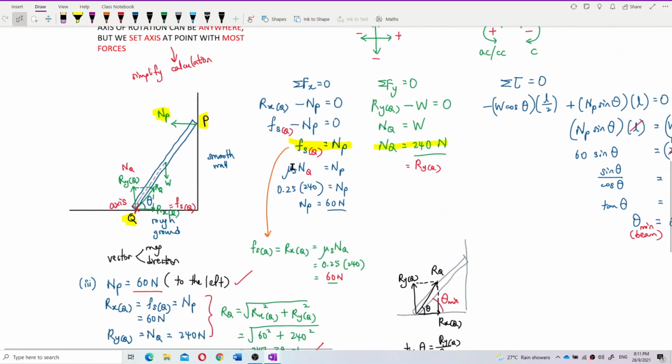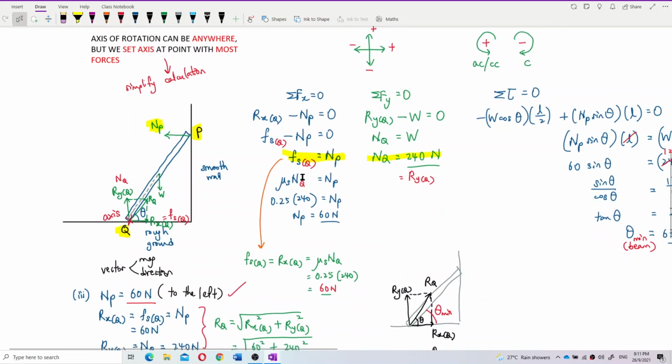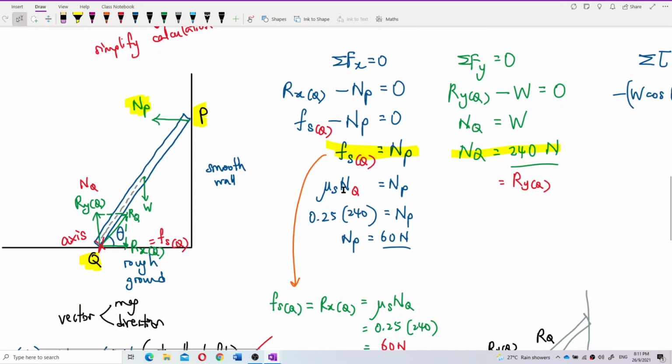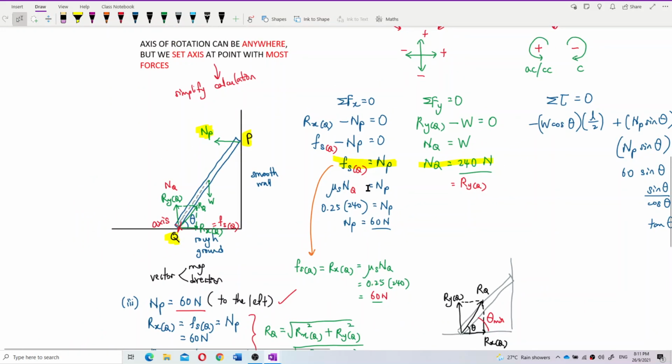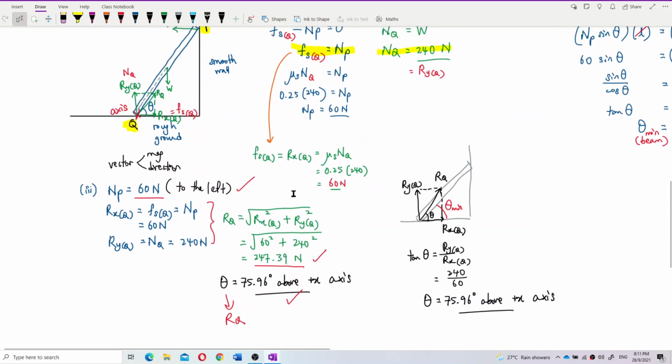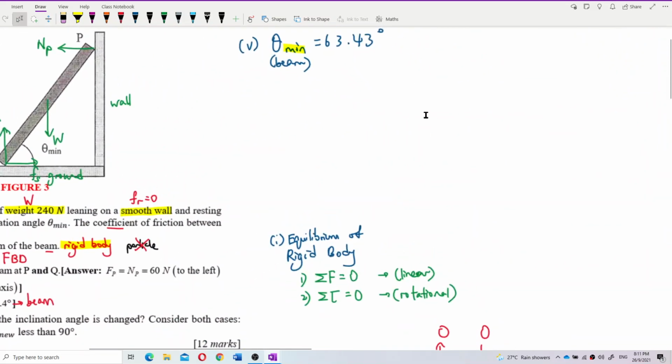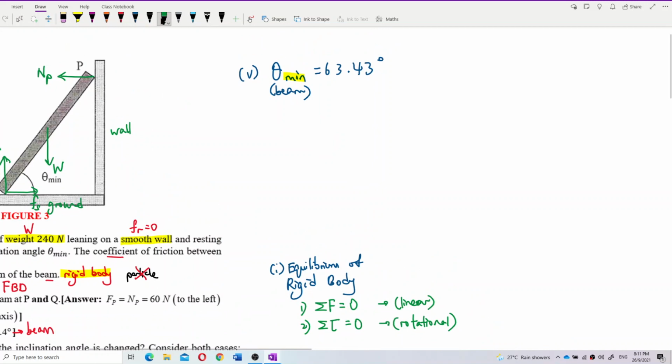We apply Fs equal to mu S N. So to find the angle minimum, Fs equals mu S N. What we can say about theta minimum is that it is when Fs achieves the maximum static friction,